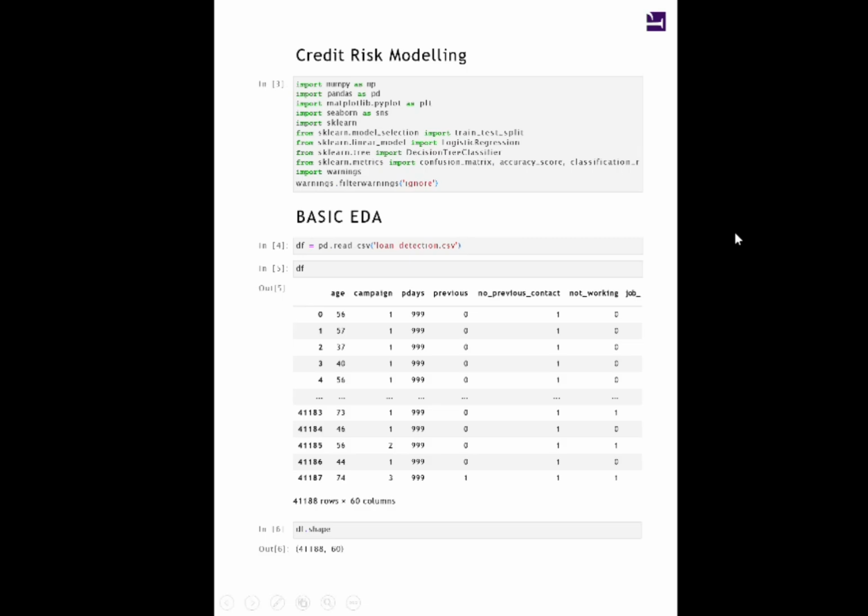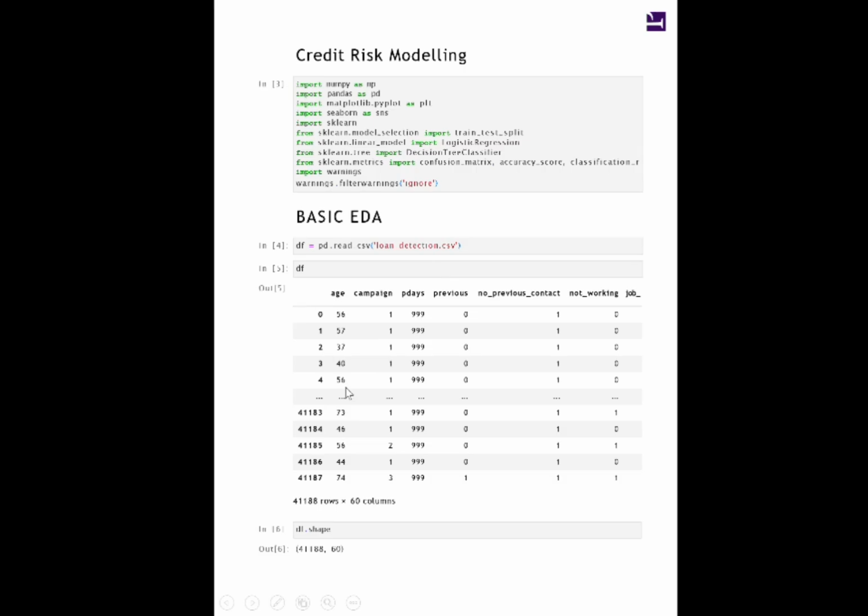The first step is always to set up our environment by importing the necessary libraries. I import NumPy and Pandas for handling the data, Matplotlib and Seaborn for potential visualization, and several essential modules from scikit-learn for our machine learning tasks, including train_test_split, logistic regression, and key metrics. Loading and inspecting the data.